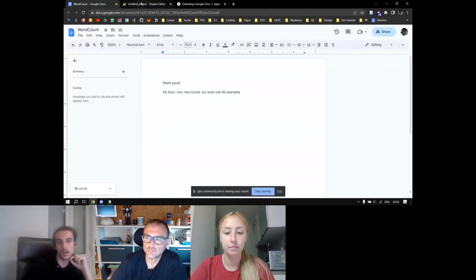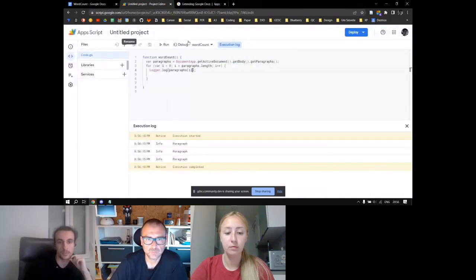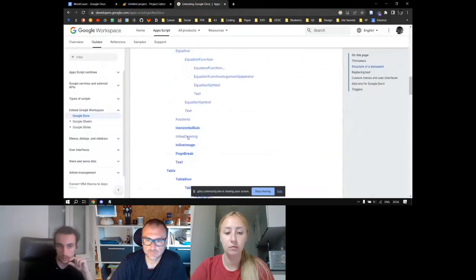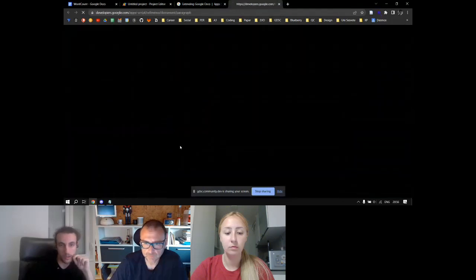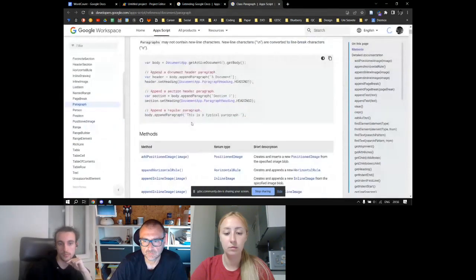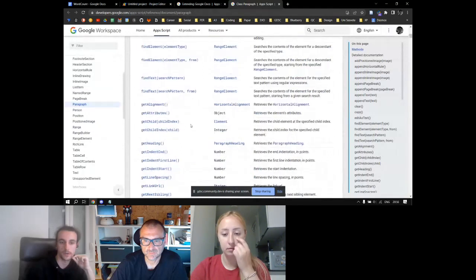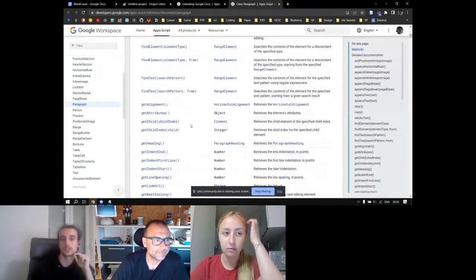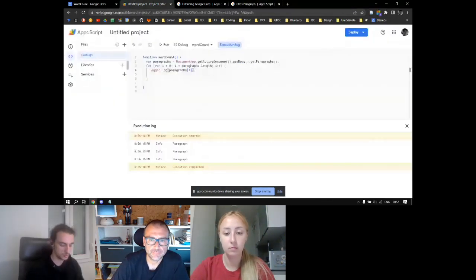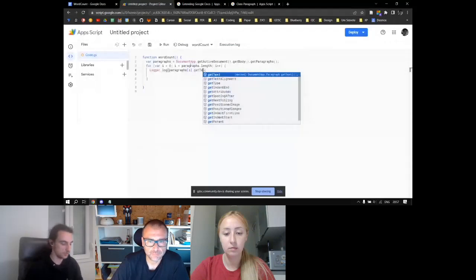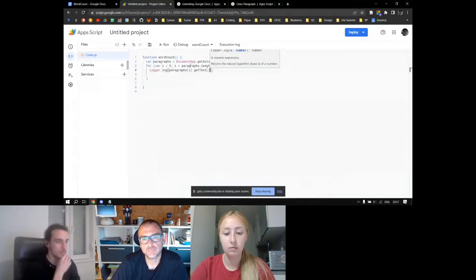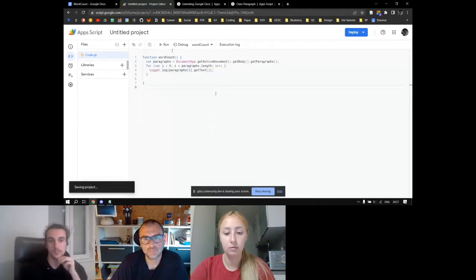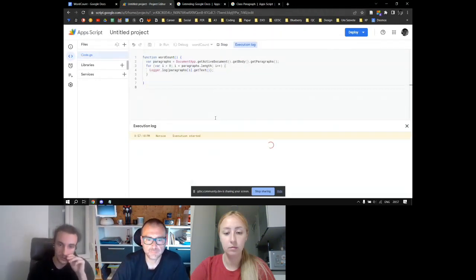So if we scroll down or just open the documentation for a paragraph, here we can find that there is a getText function which retrieves the contents. So we will use that. So getText, and then just to see that it's the same document, we will do a test run.